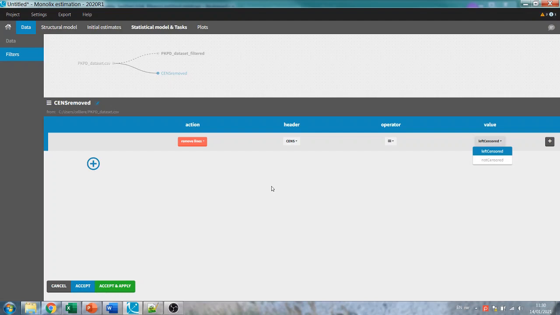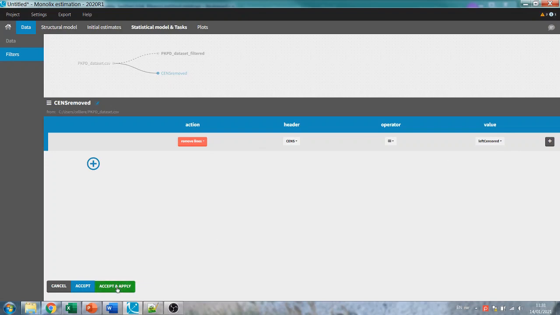For instance, if you have a covariate which changes over time and you have tagged it as a continuous covariate, Monolix will only use the first value for each individual, and this value will be shown on all lines of the interpreted dataset. In my example, I can remove the lines for which cens is equal to left censored, corresponding to a 1 in my original dataset.